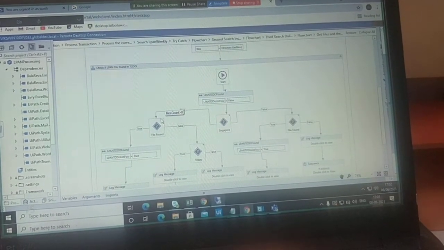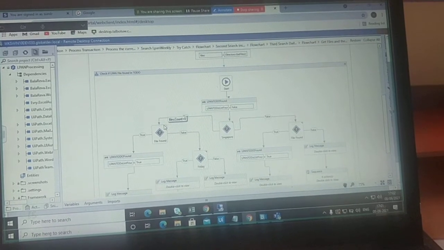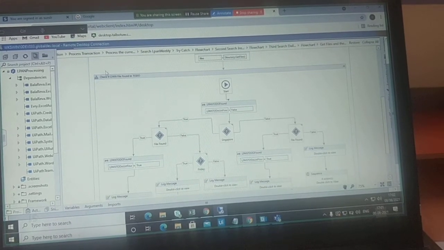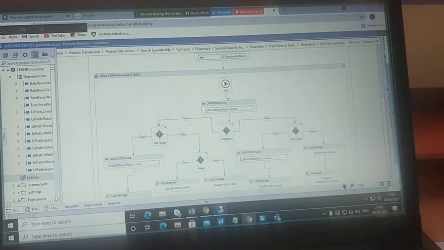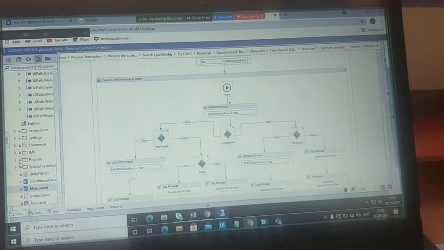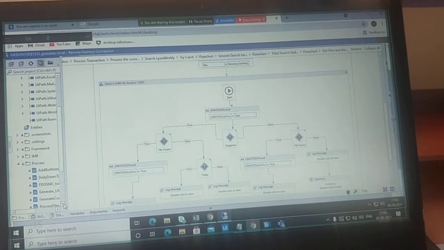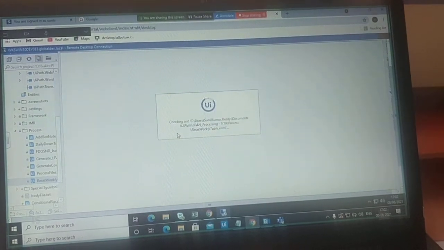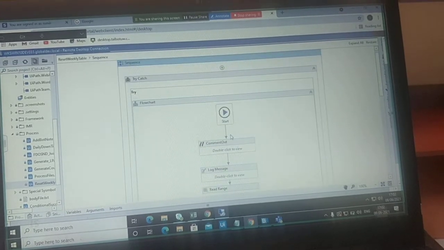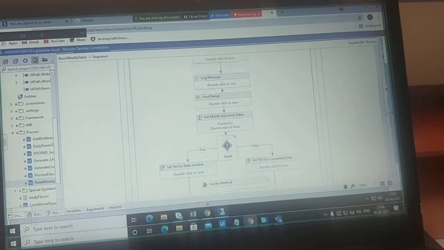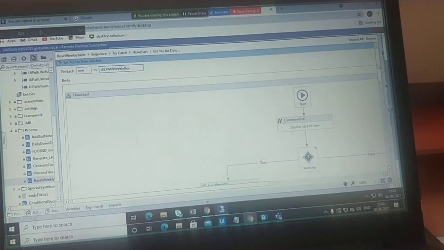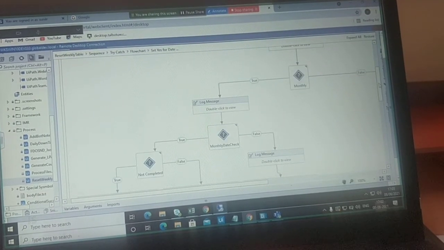Here I modify the code as you said. Okay. Here and here. And here I changed, if no is there, I change like yes.